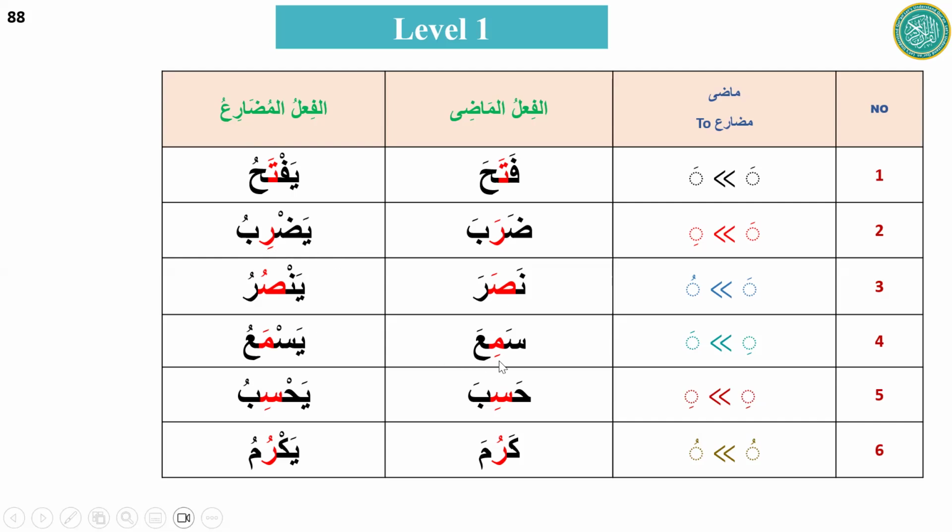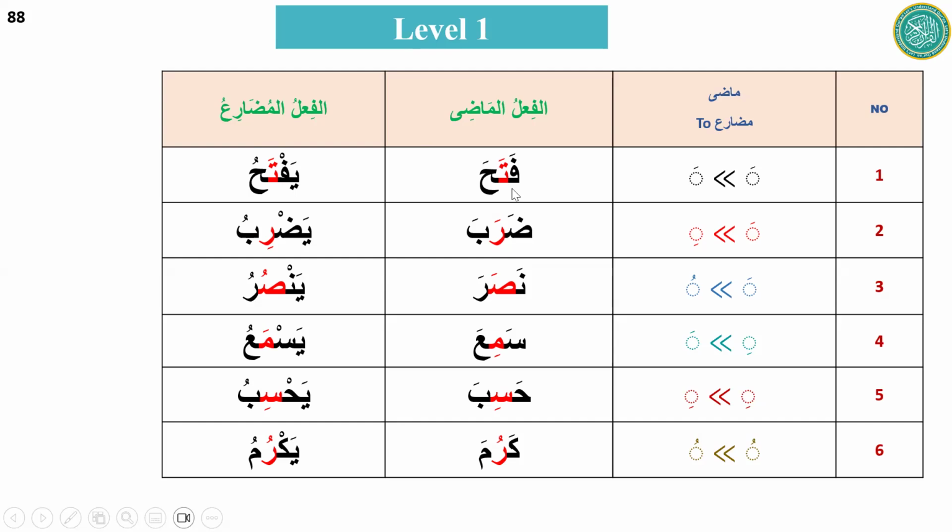Keep going. Now it starts with Kasra on the second letter. I am not looking at the first letter. What is the second letter here? Meem. And the meem has Kasra. And the same meem, if we go here, has Fatha, it is changing. And if you go to the next one, again the second letter is seen, the red highlighted, Kasra. And here the seen has the Kasra. And then ra has Dhamma. Why have we taken these words? These will be the representative word for every pattern.